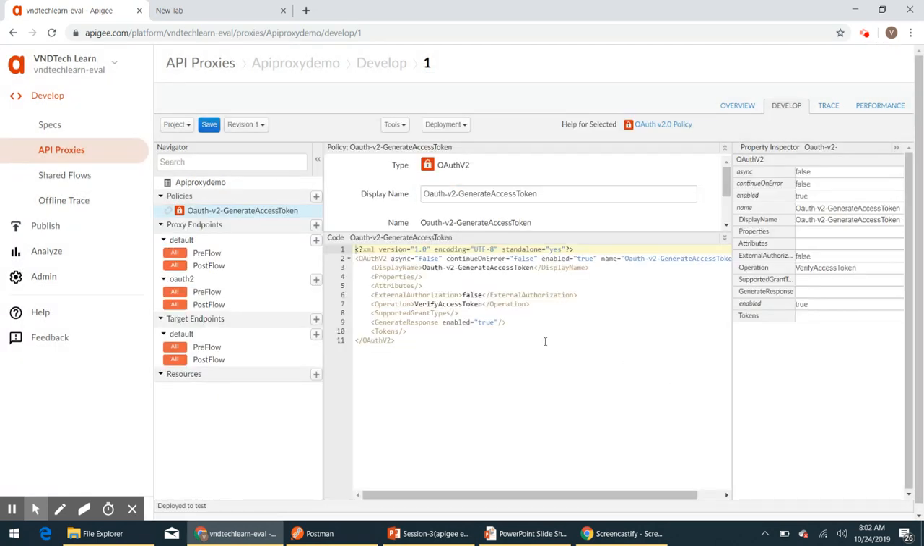So the policy has created. Now we'll have to modify something here. So operation, we are going to do generate access token. So this is verify access token. So this operation will verify if we pass an access token. It will verify whether the access token is valid or not. That we will see in the next session. But for now, we are interested in generating access token. So I'm going to change this operation as